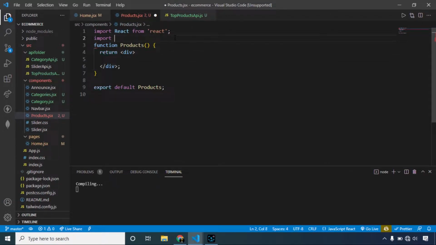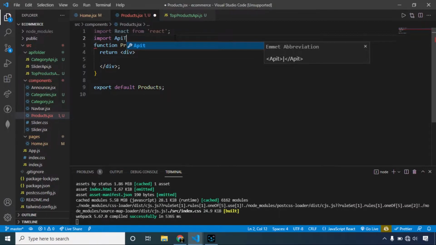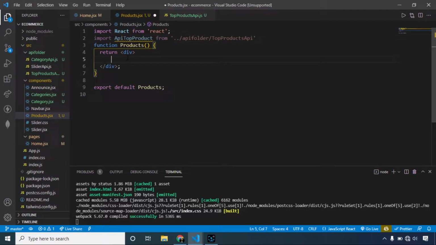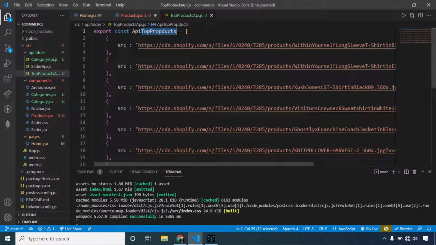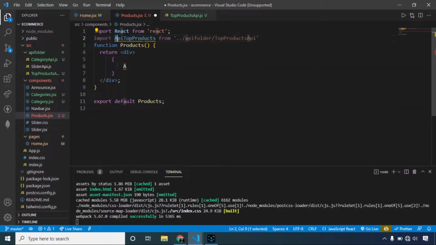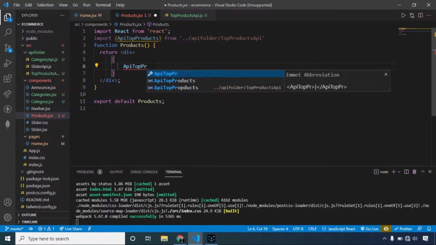Say import API top products from API folder, and then top products API. Then I will map through this API top products. As we have mentioned, this is API top products. So same here, and it should be under the curly braces. Like that. And I will move through this complete array of API top products,